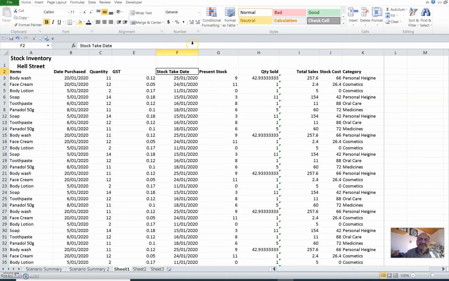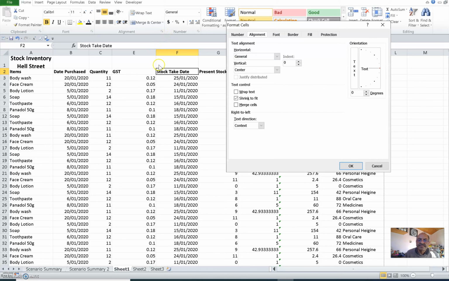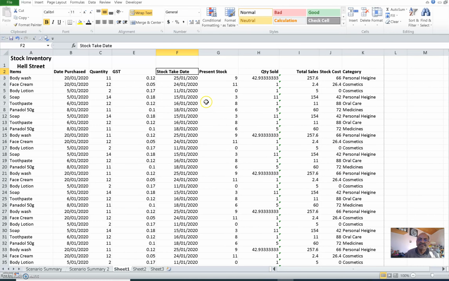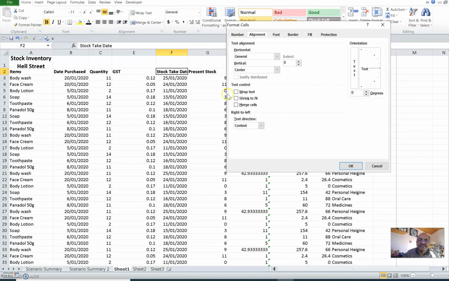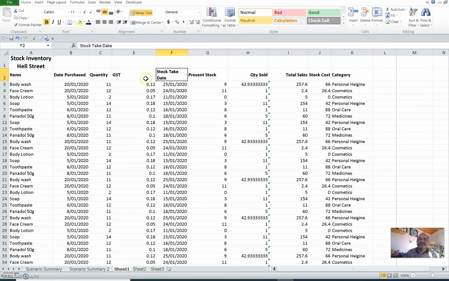Now if I select this, click on the alignment launch, and instead of shrink to fit for that particular thing, I say wrap text and say okay. And if I make it smaller, okay, I'll do it again. Wrap text, okay, see,